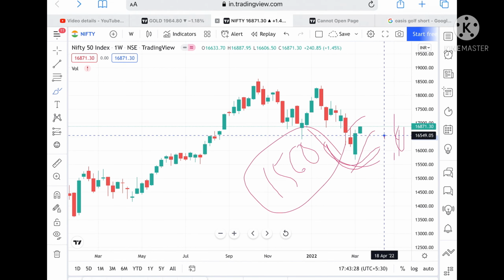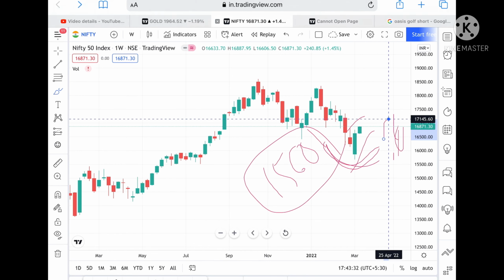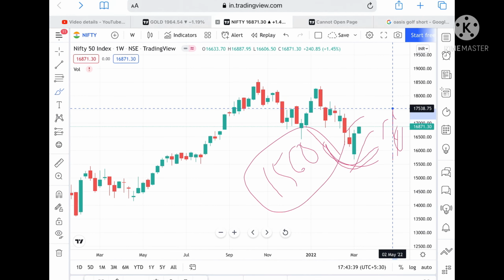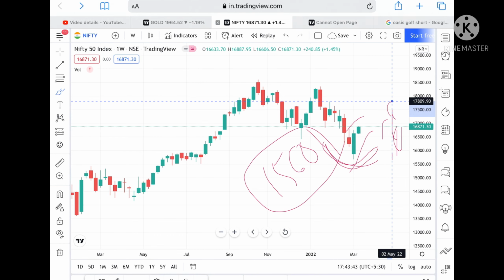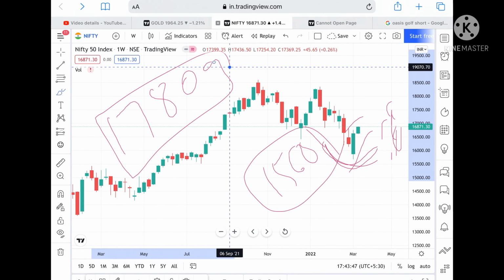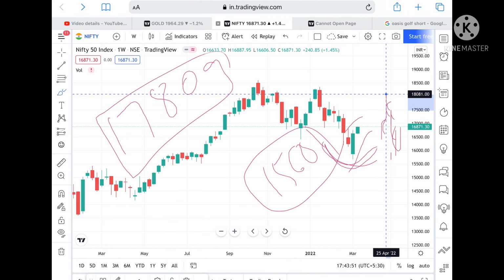Suppose if this level sustains, the next support we can see is coming at around 17,145, and if it sustains above this level, then we can see it can move towards a level of 17,430, and once it goes above this level, we can see it can touch a level of 17,511, and from there we can see it can move towards a level of 17,809, and suppose if the price sustains above this level, we can see it can move towards a high of around